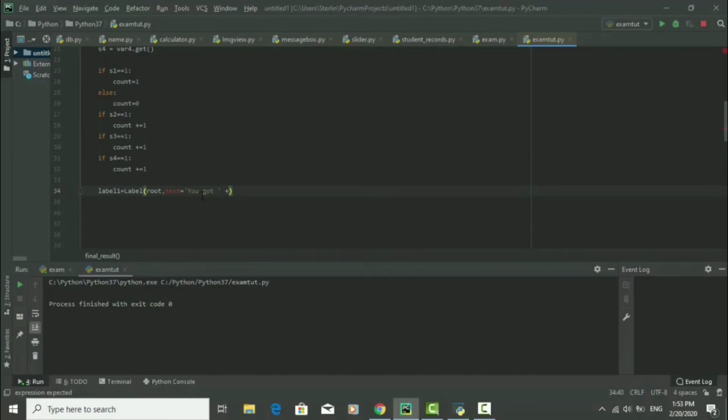but count is an integer and we cannot add an integer and a string, so we have to convert count to a string. So we do that by writing str plus str, and we put count inside. And then we are going to add out of, so it's going to say you got the value of count out of